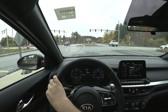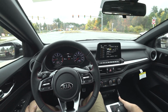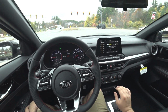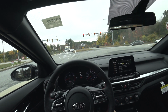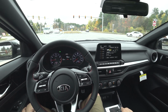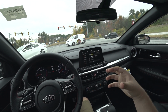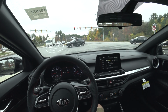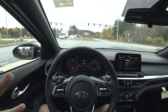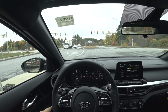Just drove two manual Forte GTs, so it's kind of cool to get a back-to-back comparison. Not DSG. Ooh, that's Volkswagen. Dual clutch versus manual. I've always been a manual fan, but the dual clutch almost fits the character of this car just a little bit more. It does feel like a little bit more organized of a package, a little bit more refined. It might just be me saying that because it's a GT2 versus a GT1, but...